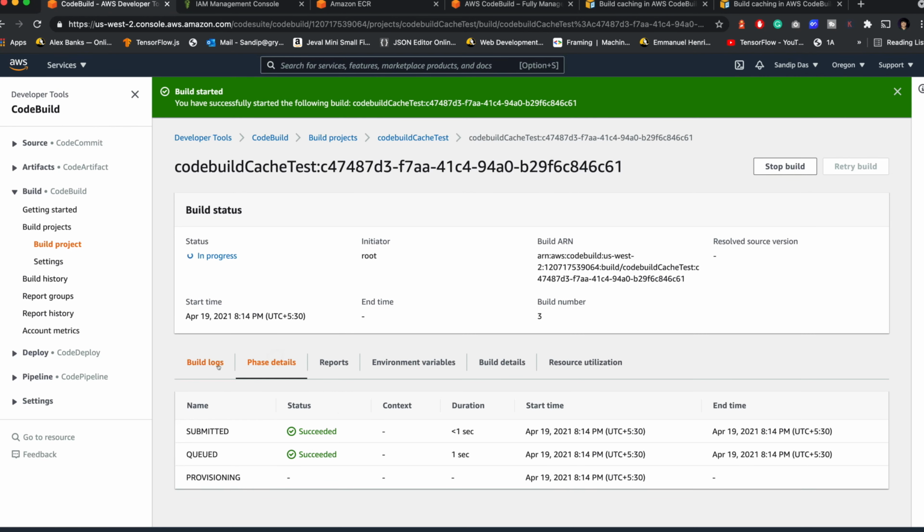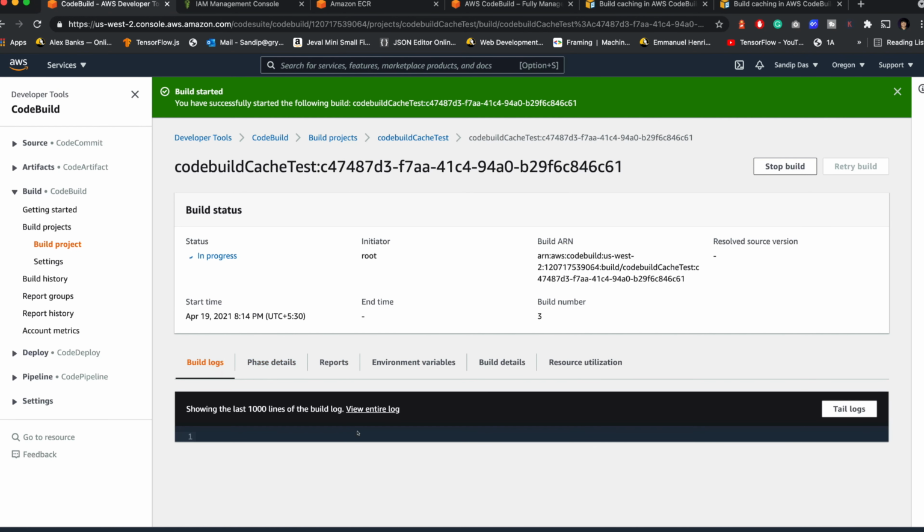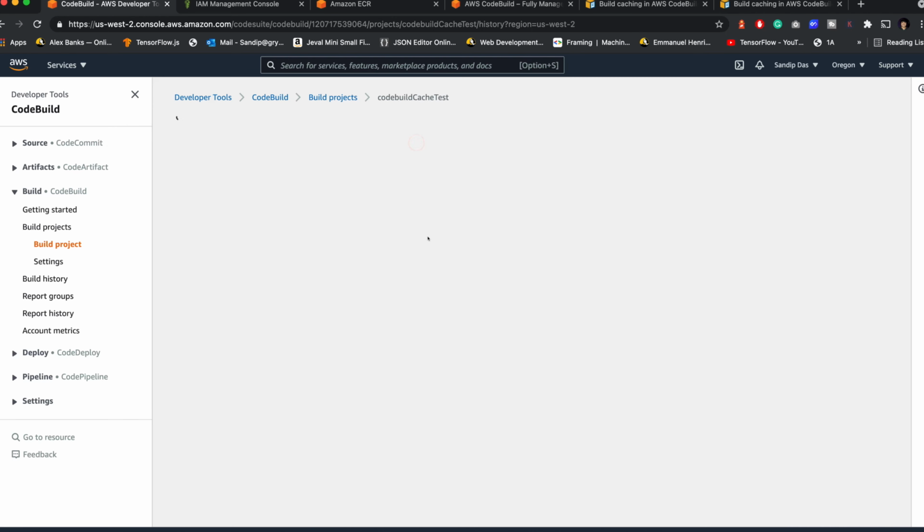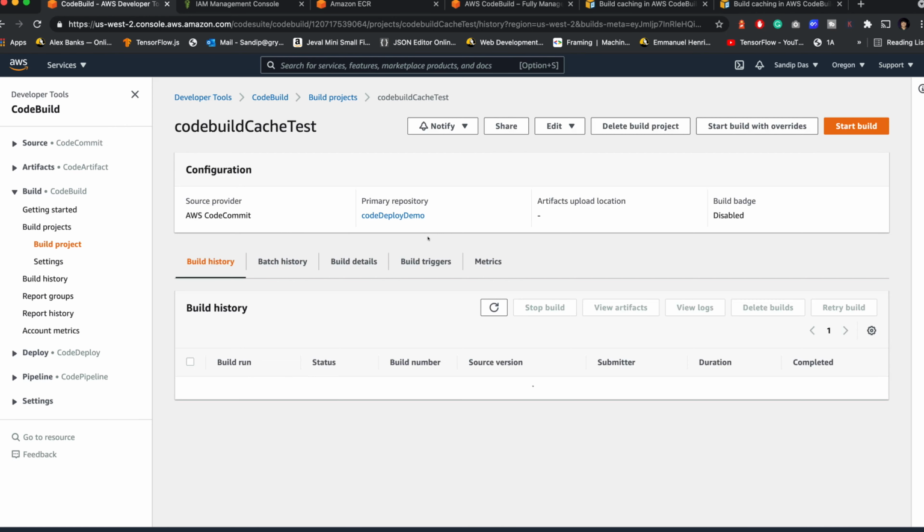That's what we are all doing here. You can see the phase details here. Just wait for a few seconds, it might take a few minutes. Let's see. And this is all actually before cache, and we'll see the performance improvement after cache.